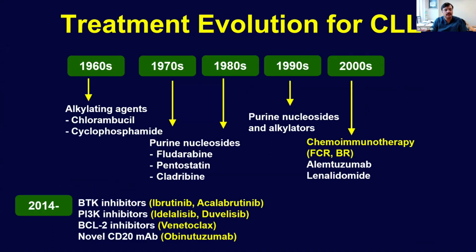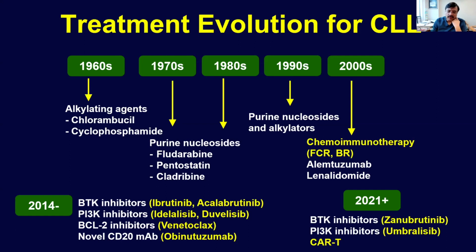So I think as Dr. Rashmi also alluded in her talk, the therapy of CLL has changed quite remarkably. In the last 6-7 years now, we have BTK inhibitors, PI3 kinase inhibitors, the BCL2 inhibitor venetoclax, which is the only one so far, and the CD20 antibody obinutuzumab, and all these are approved. So we have 2 BTK inhibitors approved, ibrutinib and acalabrutinib, and then venetoclax, which is a BCL2 inhibitor. And very likely, in the next year or so, we'll also have zanubrutinib approved for CLL. It's already approved for other lymphoma, for mantle cell, but not for CLL. And there's also a new PI3 kinase inhibitor, umbralisib, which will likely be approved as well.